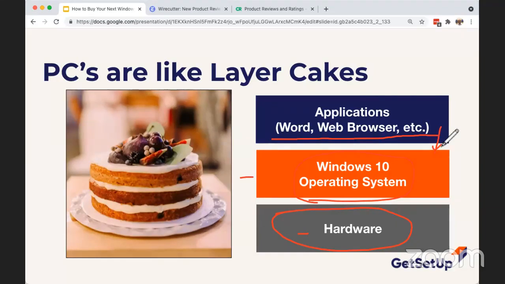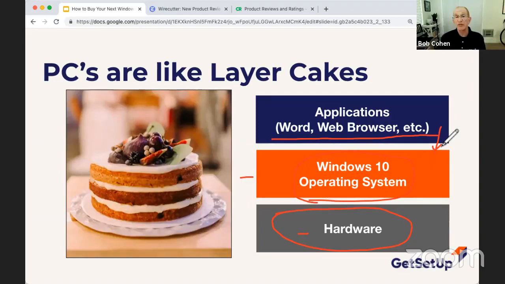A lot of things like Microsoft 365, for example, we do a class on that, run on Windows and on Macs. So if you're used to using Word or Excel, you can use either Windows 10 or a Mac. But since it's made by Microsoft, sometimes they give you a little extra added bonus features when you use it.